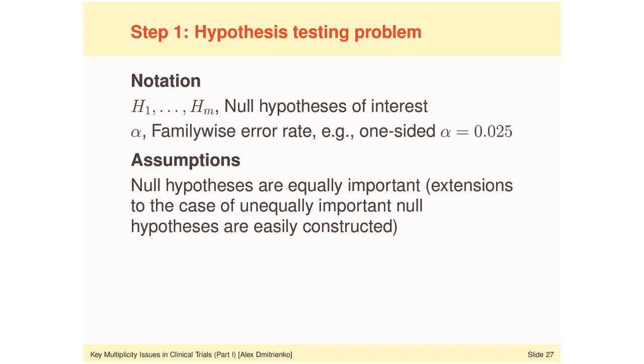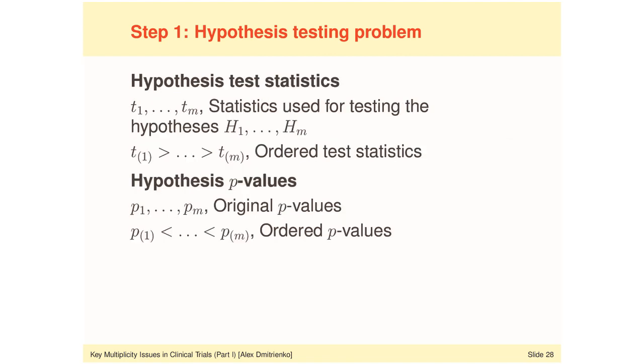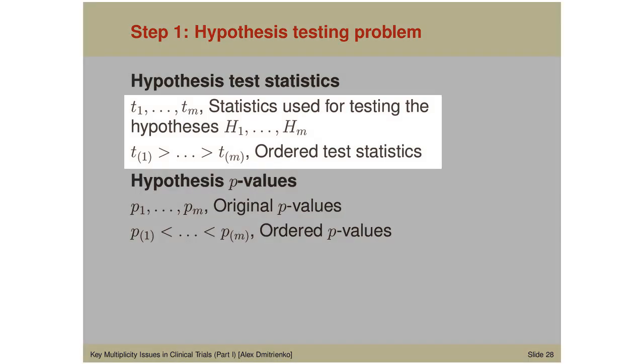We will assume for simplicity that the m null hypotheses of interest are equally important, or equally weighted. It will be in fact quite easy to extend the theory that we're going to discuss to the case of unequally weighted hypotheses. We're also going to introduce the hypothesis test statistics used for testing the hypotheses of interest. Those will be derived using appropriate statistical tests for each individual hypothesis. They will be denoted as we see on the slide by